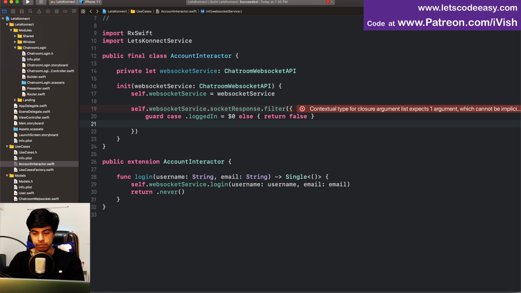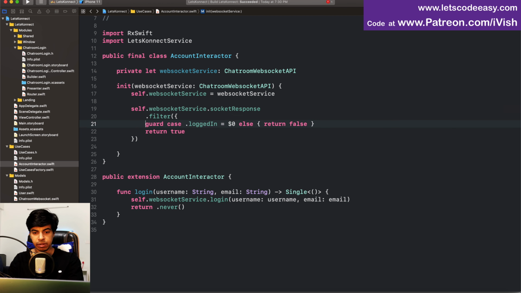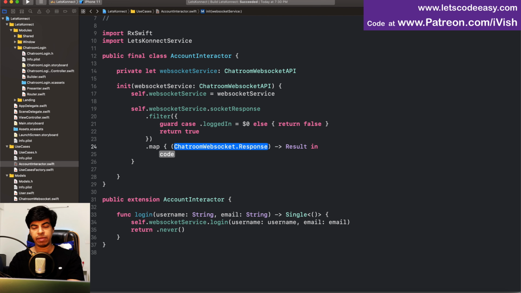If it is logged in, then I will send it and then I can map on this response. So filter map is one way of handling your responses in RxSwift. It's more like an if else itself, but you filter on this signal. If the logged in signal is received, you do the next step of mapping that logged in signal, which in this case I'm going to receive this response